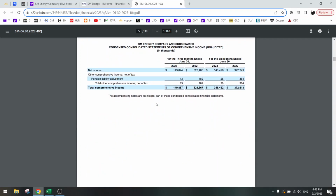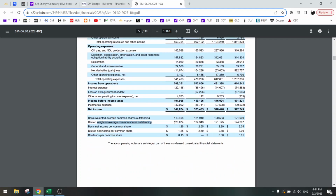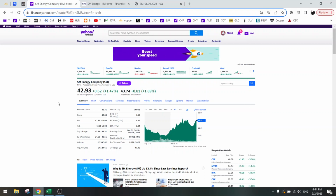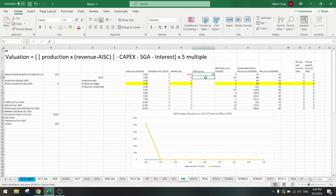So we have diluted common shares outstanding, 120 million. Share price 43 times shares. So $5 billion market cap,